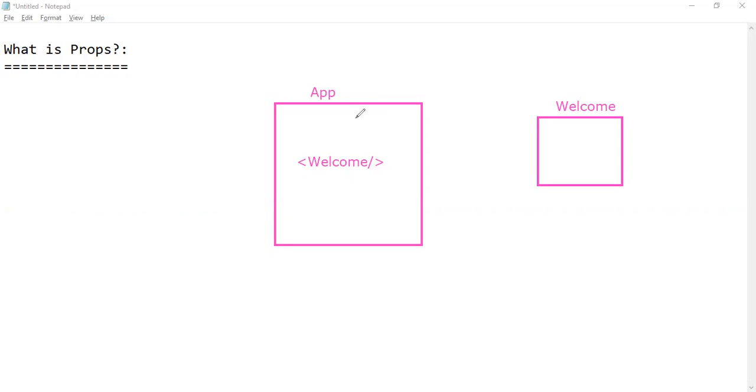For that, we are passing the name of that person from the app component to the welcome component. So whenever you want to pass information from parent component to child component, we use the props concept. Which concept? Props. So we can say props are used for passing information from parent component to child component.